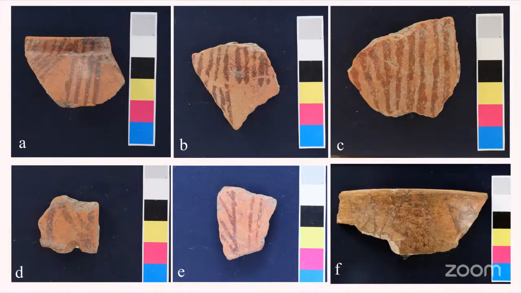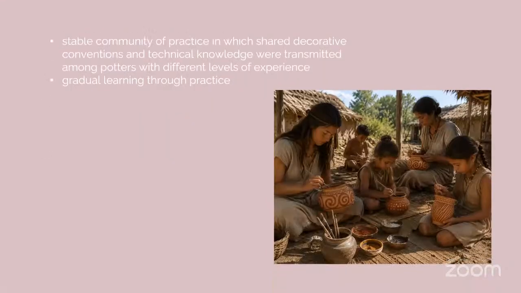These suggest unsteadiness of hand, frequent repetition or retouching of one line, and different variations of the pressure of the brush against the surface, and all of this indicates less skillful pottery painters, how to call them. So all in all, in Grivac, we have a rather stable community of practice with highly skillful potters, but also evidence of learning and gradual acquisition of the skill.